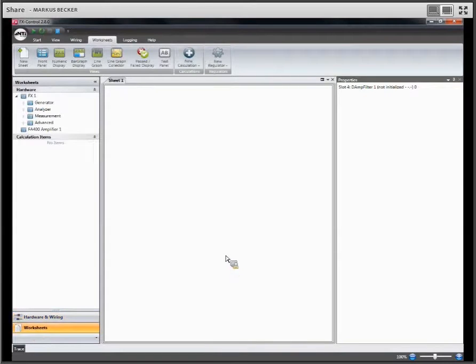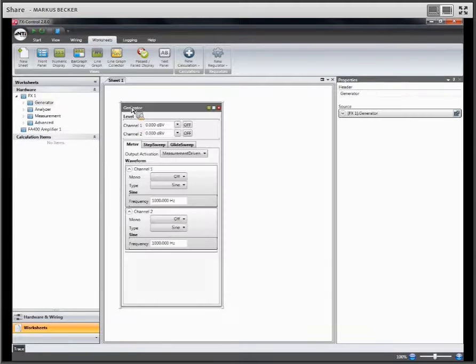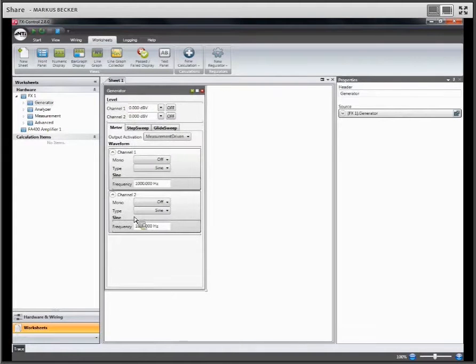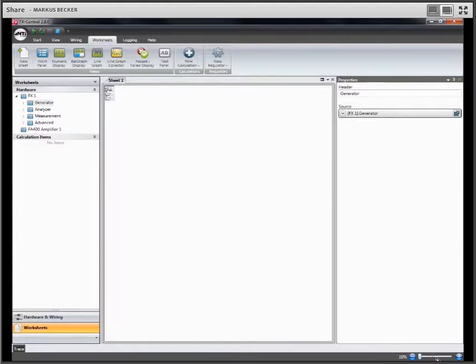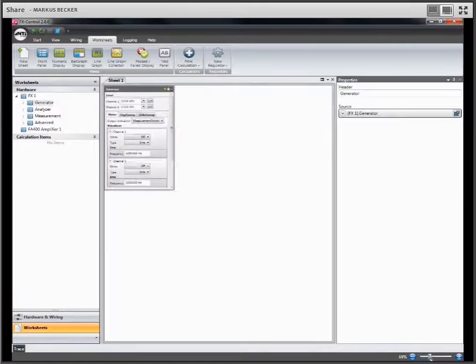So in this example, we want to establish a sequence, so an automated execution of several measurements and other actions, one after the other. Just that at the end, we can press the start button, and at the end, we get all the results according as we like them. So here we start by dragging and dropping the generator properties to our worksheet. Let me briefly make that a little bit smaller.